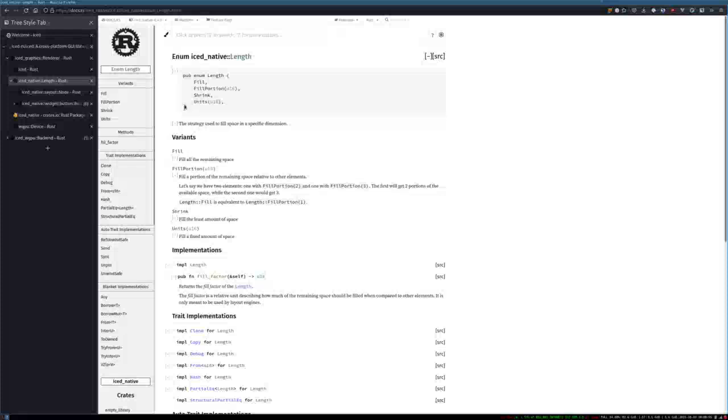So fill is maybe related to something like flex. So yeah, there's fill portion, which, yep. So fill is probably how much flex space is available. Ah, maybe fill for like a